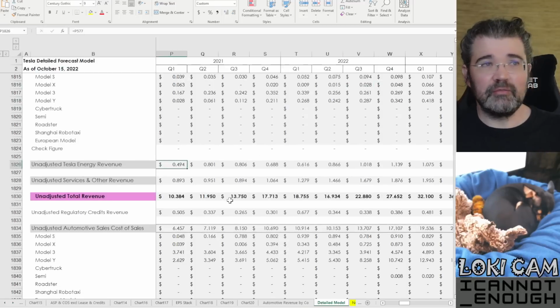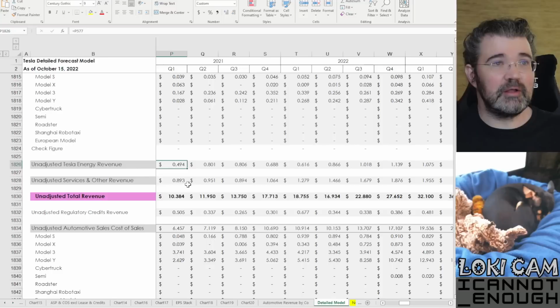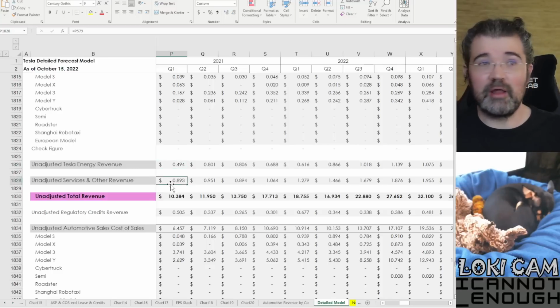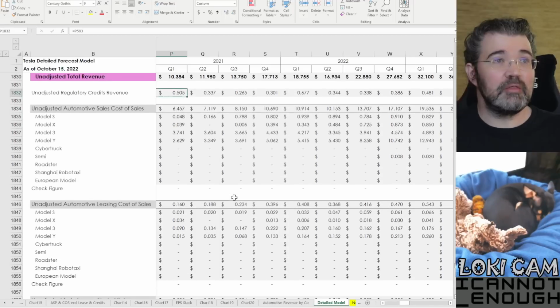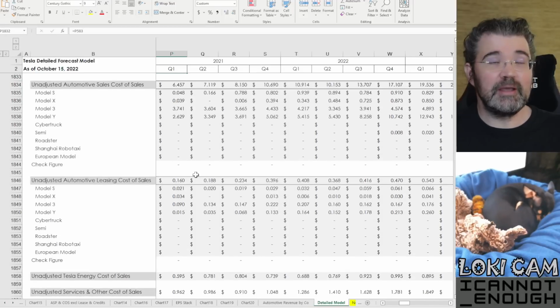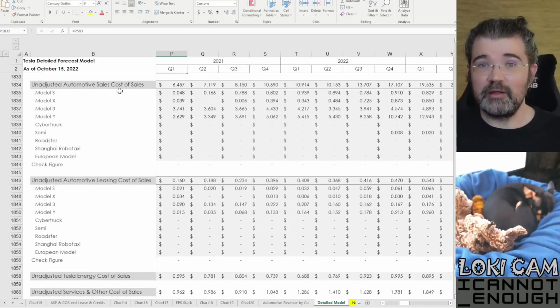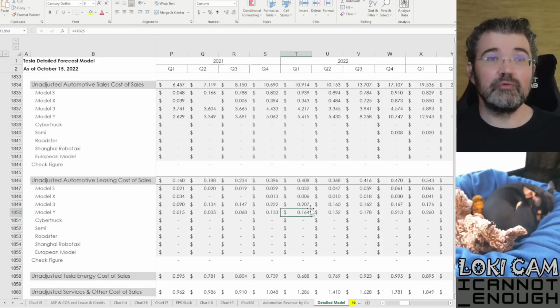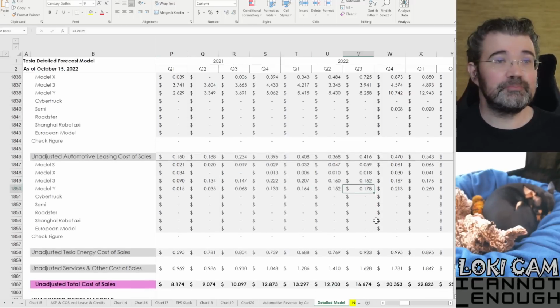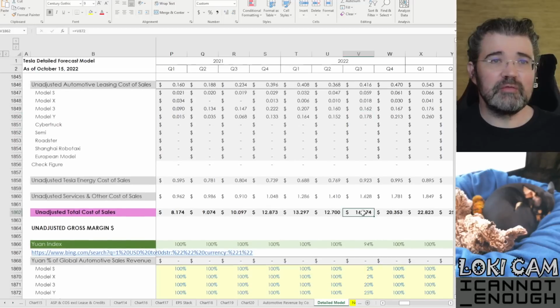Also, I needed to bring in total Tesla Energy revenue, total services and other revenue, and regulatory credits revenue. And then in the section below that, it's all that same info again, except for cost of sales instead of revenue. So all of these rows are just bringing in the amount that I was forecasting for each of these. Okay, so once I've got that,